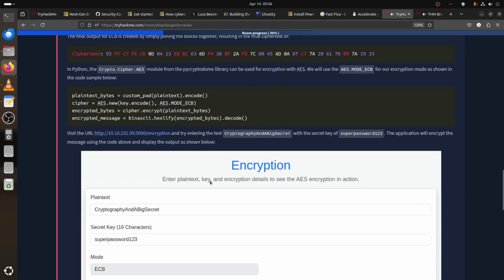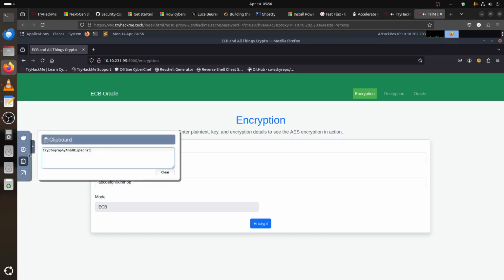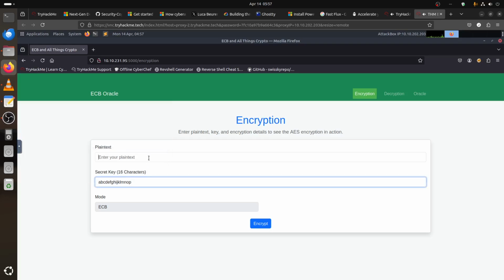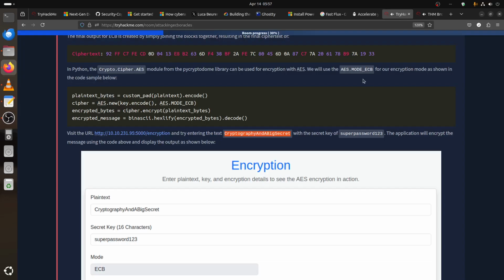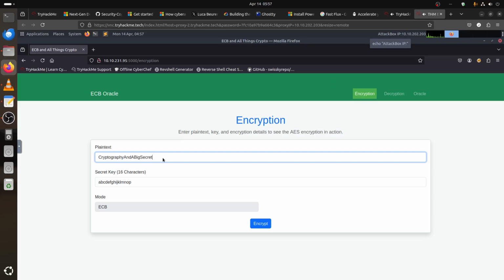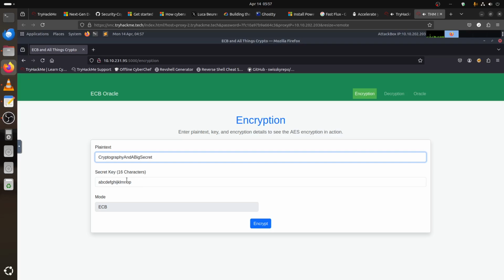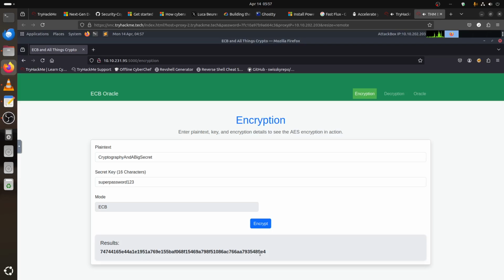For example, let's visit this one, encryption, and enter the text cryptographic circuit with the super password. Let's do that. This is just an introduction to the important part later on. So if you go with the super things, then it gives me the result. It's a block,